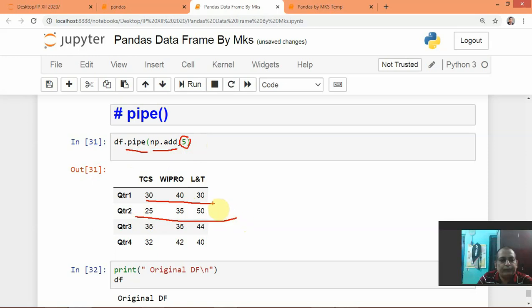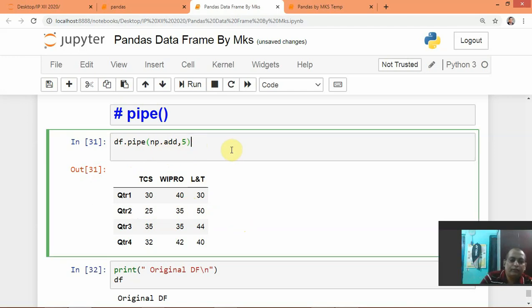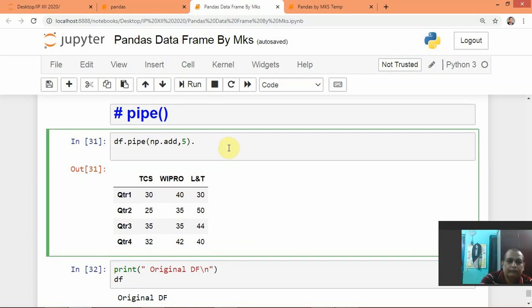Now next we will see, if we write like this, again we will add one more pipe. After add, what we did earlier, we multiplied it by 3.